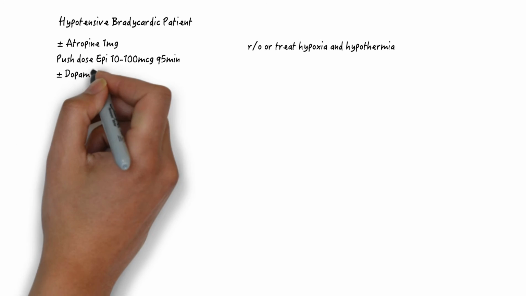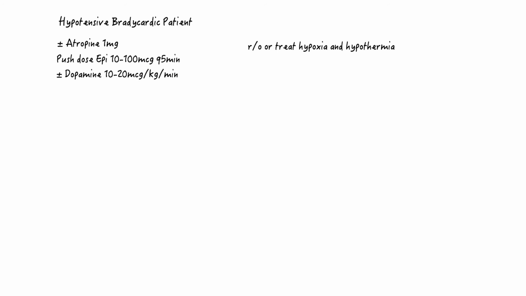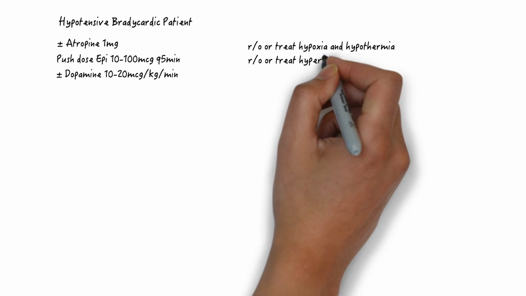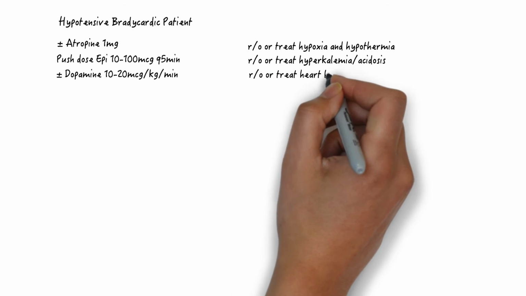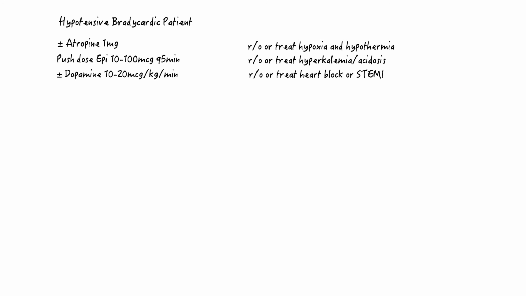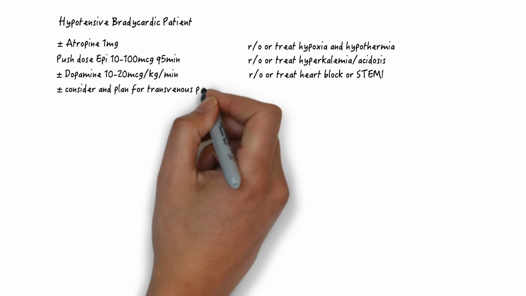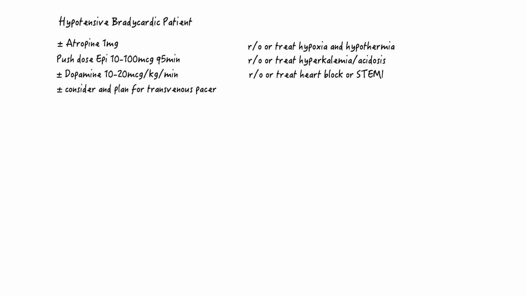Then, escalating doses of push-dose epi every 5 minutes, no effect. You get a point-of-care blood gas with lytes, normal potassium and normal pH. You review the EKG, and there is no sign of STEMI or complete heart block. You're considering a transvenous pacer, but understand now that you are dealing with refractory bradycardia. The reversible causes are severe digoxin or severe beta blocker and calcium channel blocker toxicity. There is a high mortality to both, partly because the diagnosis and treatment are often delayed,